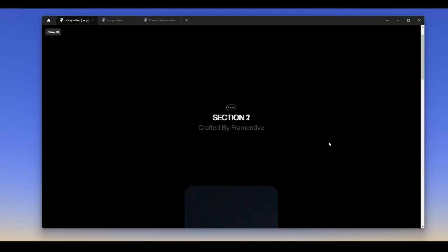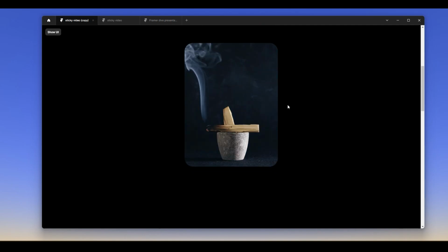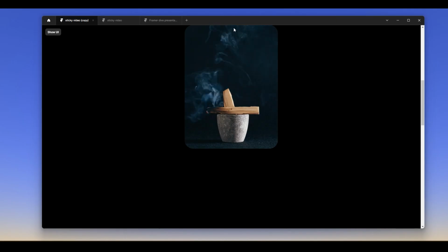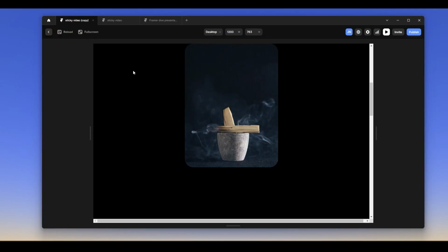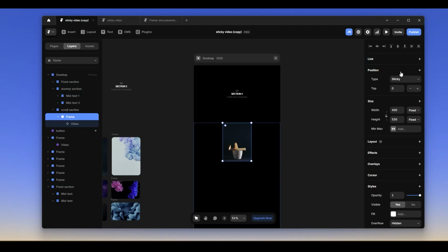Now when I view my website, as you can see, this thing is sticking to our screen like this, and this is pretty good. But we have a problem here. We want this card not to stick on top of this. We want it to stick at the center of our screen, and this is where we're gonna use a code override. Why are we gonna use a code override here? Simply because if I go to the frame and set the top, which means how many pixels from the top this sticky card is going to be,